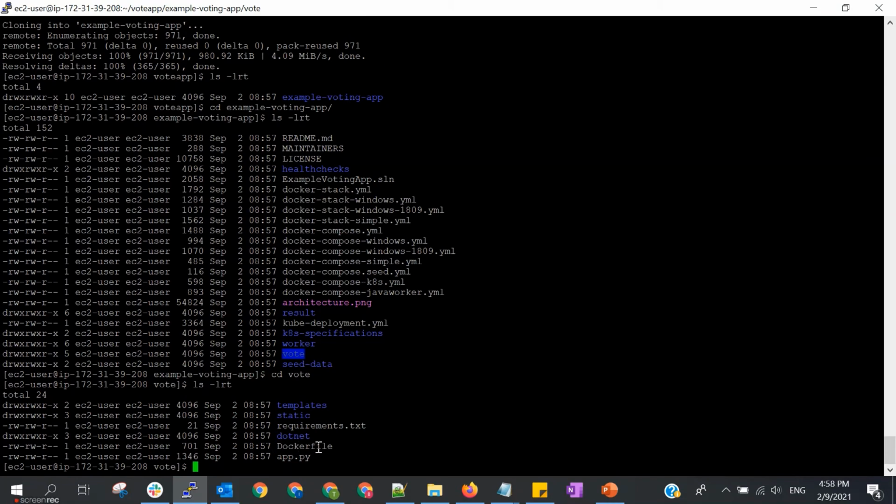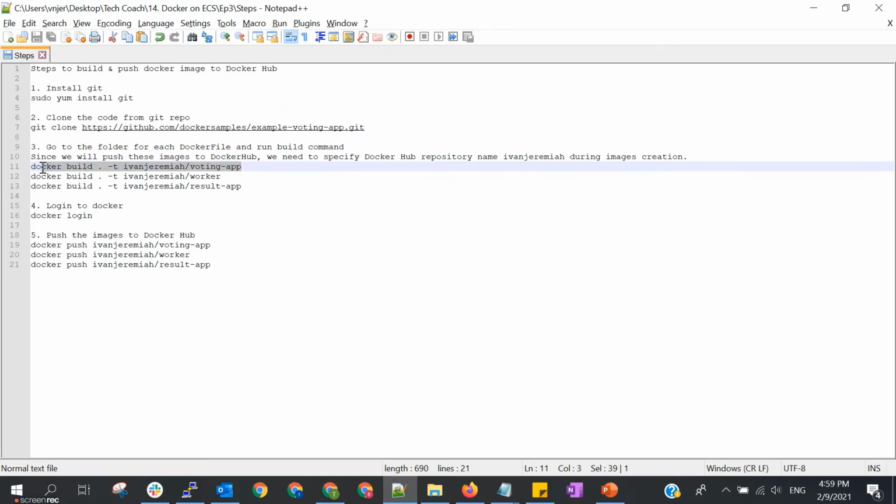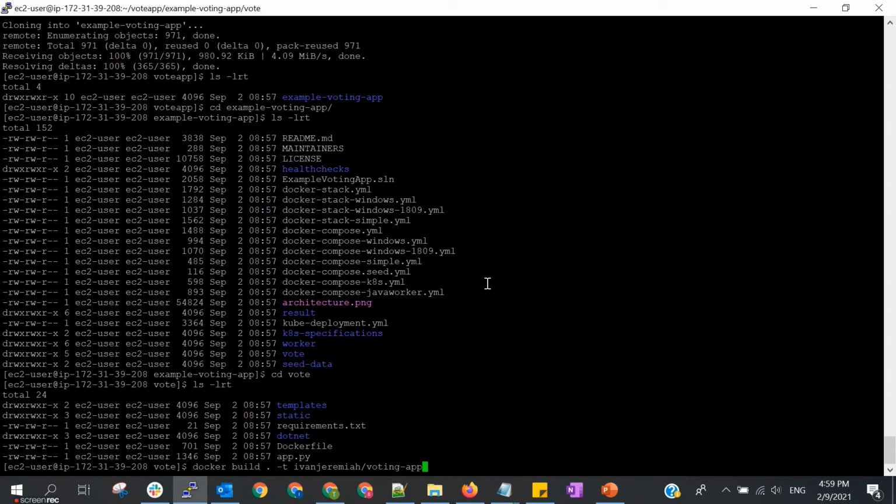So our Dockerfile is here. Then in this folder, we need to run this command: docker build. The dot is the location of the Dockerfile, which is inside that folder, and we use this tag. If we don't put any tag, it will be pushed as latest. Yeah, so you can also put the tag here, but for this sample, I'll just use the latest tag. So I don't specify anything, and it will create the latest tag for us. Okay, let's build.